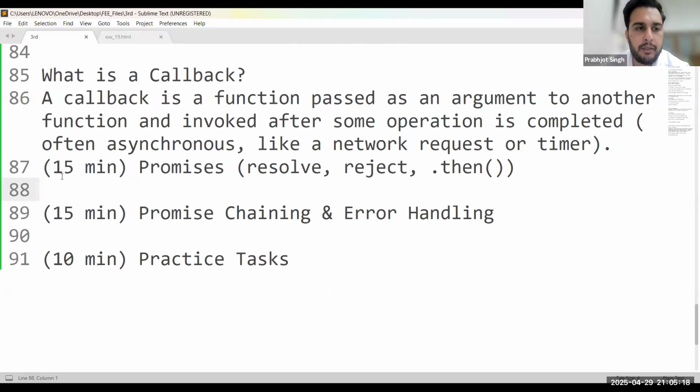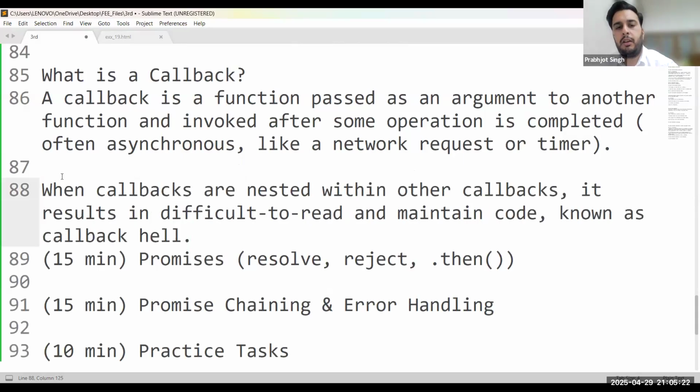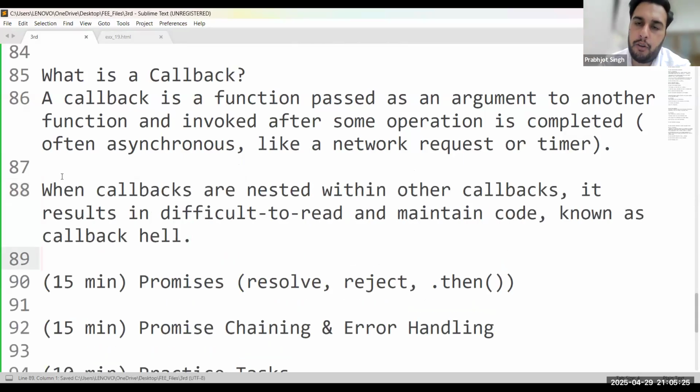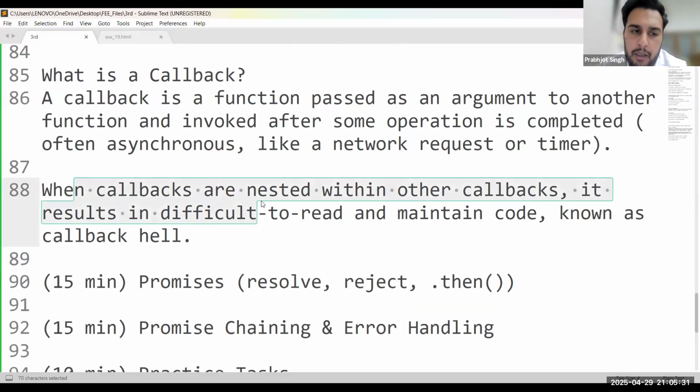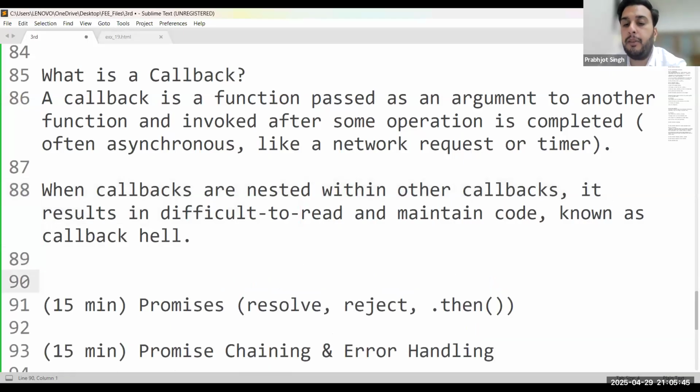I hope you understand when I say nested loop, a for inside another for, we call it a nested loop. Okay, simple meaning of nested. So when callbacks are nested within another callback, it results in code that is difficult to read and maintain. That is the concept, like a loop inside a loop. Once callbacks are kept nested, it becomes difficult to maintain, and that results in